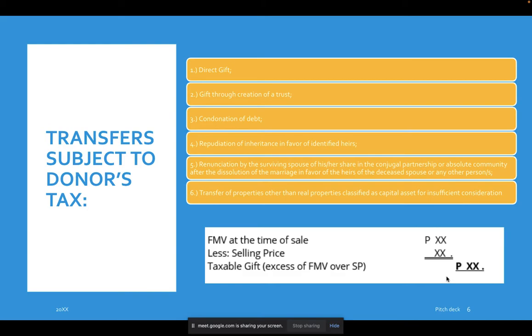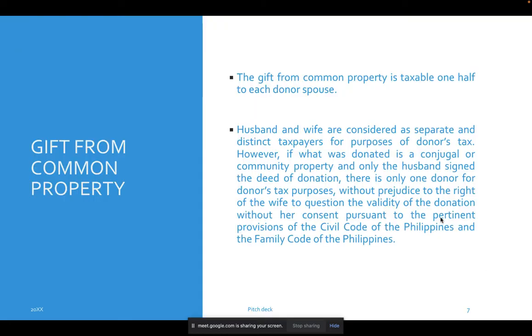Ibig sabihin, kung ang value ng property na binenta is supposed to be 100 million, pero doon sa pagbayad, ang binayad lang is only 500,000. O, 'di ba? So meaning 99,500,000 ang taxable gift doon. May donor's tax dapat 'yon. Okay? It cannot partake of the essence of a contract of sale kasi it's a transfer for insufficient consideration at possible na ito tax siya for donor's tax. Okay?